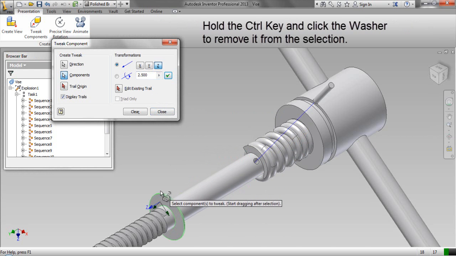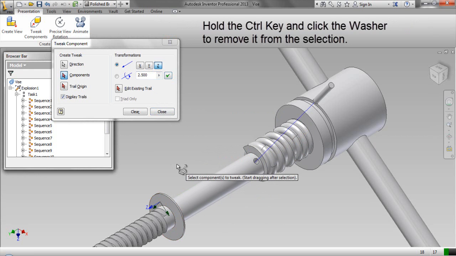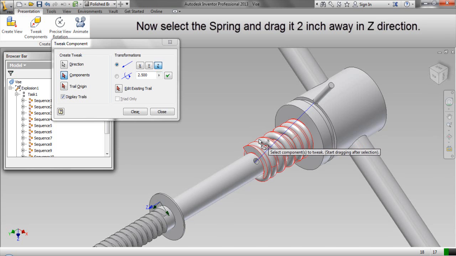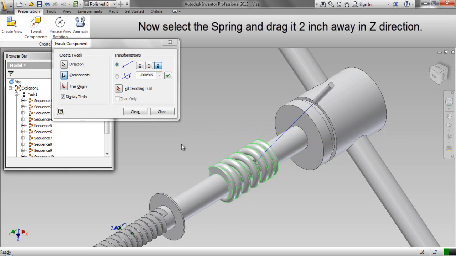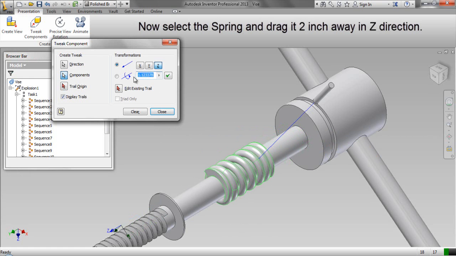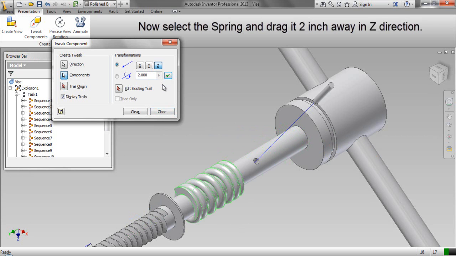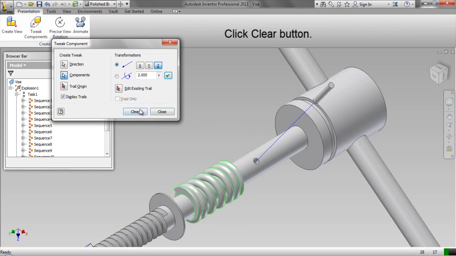Hold the Ctrl key and click the washer to remove it from the selection. Now select the spring and drag it 2 inch away in the Z direction. Click Clear button.